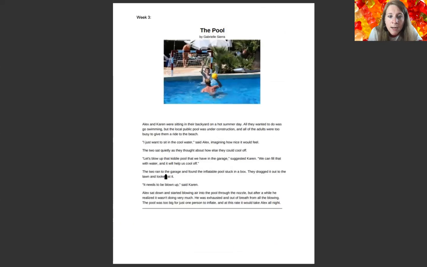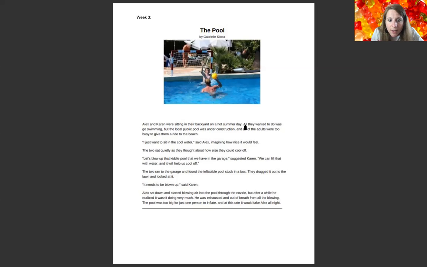Let's see here. Alex and Karen were sitting in their backyard on a hot summer day. All they wanted to do was go swimming, but the local public pool was under construction, and all the adults were too busy to give them a ride to the beach. I just want to sit in cool water, said Alex. Imagine how nice it would feel. The two sat quietly as they thought about how else they could cool off. Let's blow up that kiddie pool we have in the garage, suggested Karen. We can fill that with water and it'll help us cool off. Okay, so